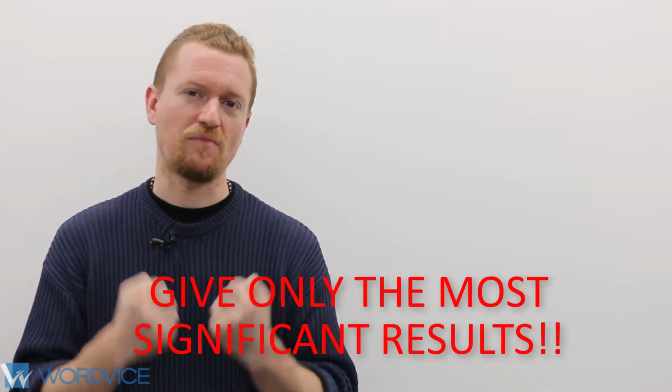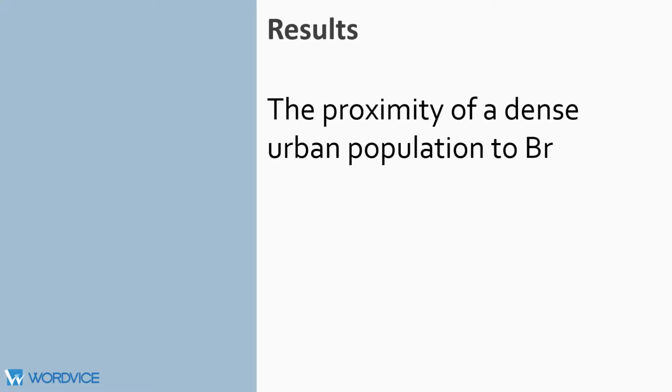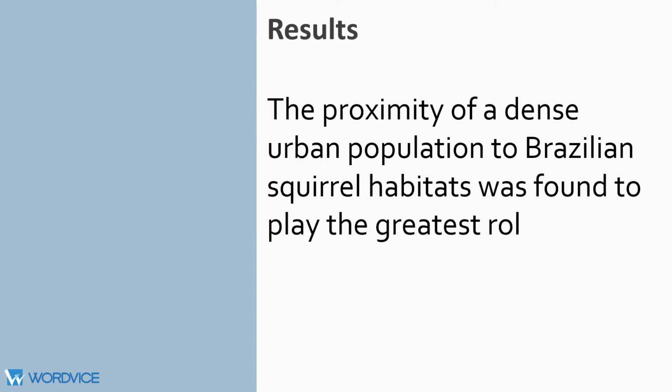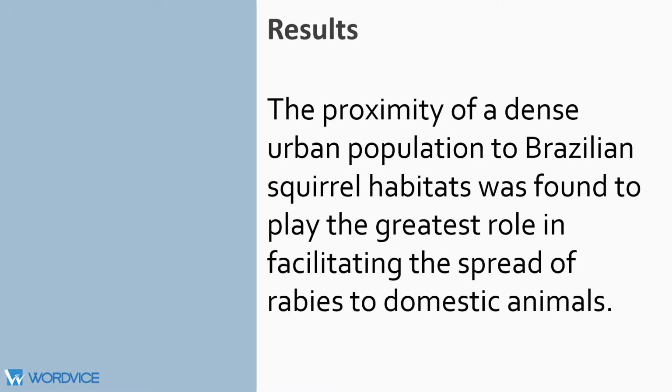Again, because of space, you don't really want to be too detailed here, and you want to pull your reader in. So focus on the most significant parts of your results. Let's check in with our Brazilian squirrel friends. The proximity of a dense urban population to Brazilian squirrel habitats was found to play the greatest role in facilitating the spread of rabies to domestic animals. And we've linked our results directly back to the problem we initially asked, which was what is the correlation between urban population and